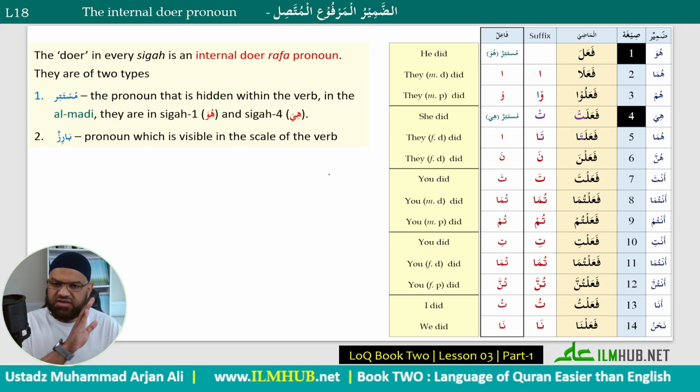So if you want to express the sentence with a pronoun, you don't need anything else. You will use one of the 14, whichever pronoun you want to say. So you want to say he, she, they, you, we, you will use one of the 14. And it is for this reason I repeatedly reminded you in the previous lesson to memorize and to conjugate yourself on a piece of paper. The more you practice, the easier this will become.